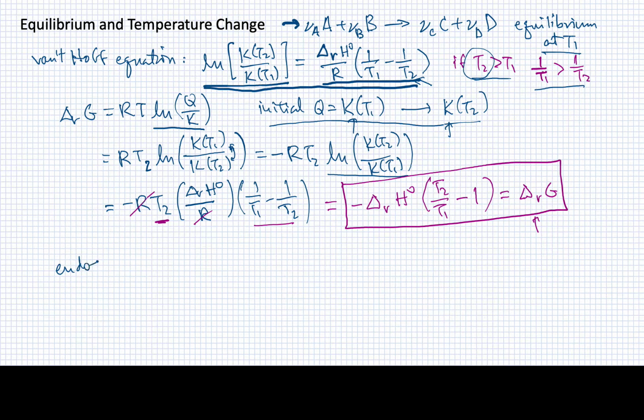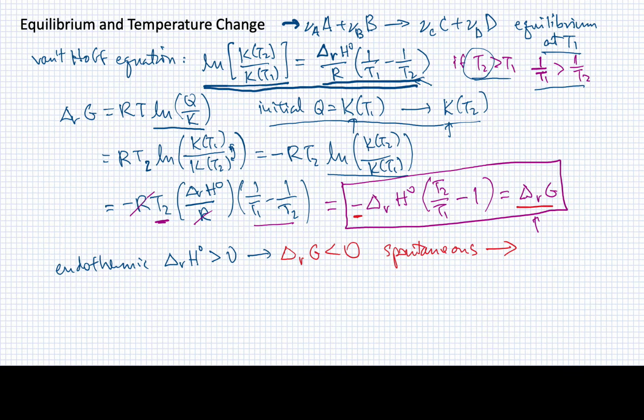And an endothermic reaction means that the delta H of the reaction is going to be greater than 0. We add heat to the reactant mixture. So when I do that, what does that mean for delta G? Well, if delta H is greater than 0, delta G here must be less than 0. So delta G will be less than 0 in this case,